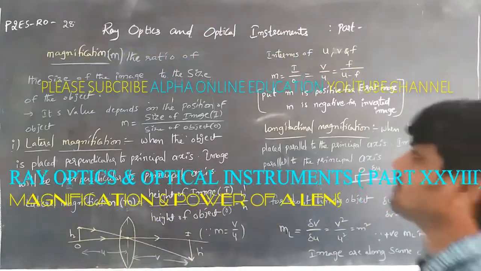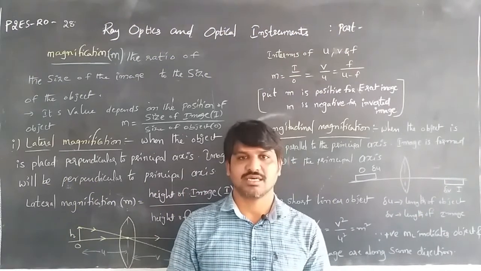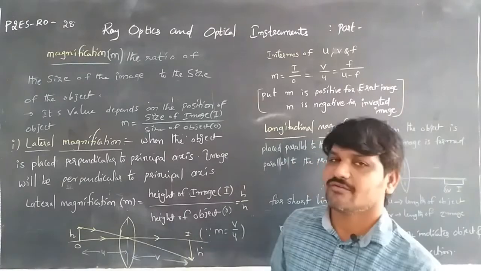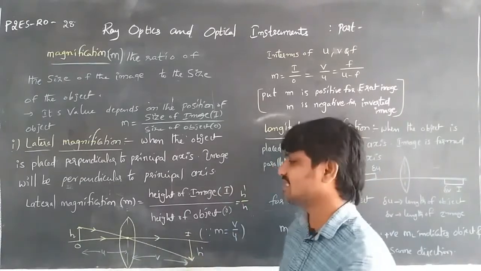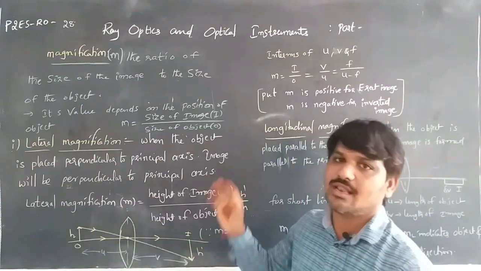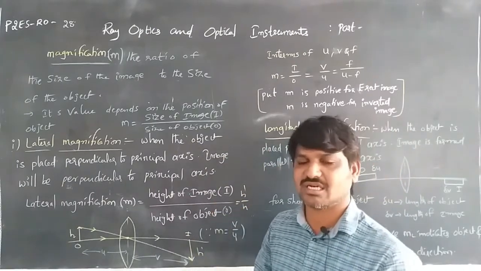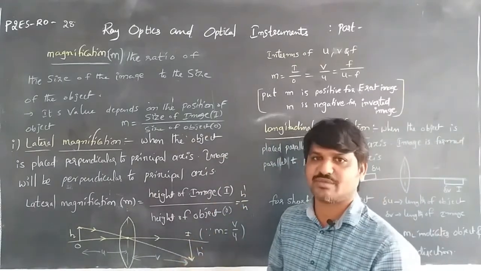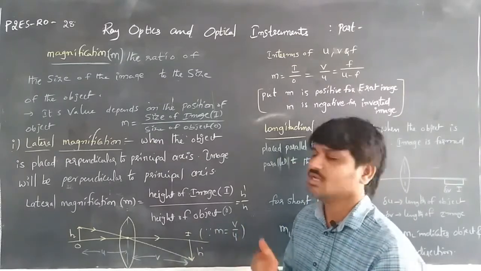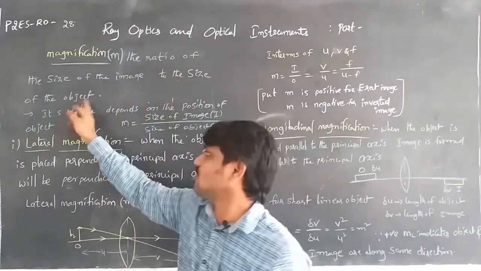Magnification. Magnification means the ratio of the size of the image to the size of the object. Whenever an object is placed at a certain distance from the lens and light is incident on the lens, an image is formed, either a diminished image or a larger image, meaning the height or size of the image may be more or less than the object. So the ratio of the size of the image to the size of the object is called